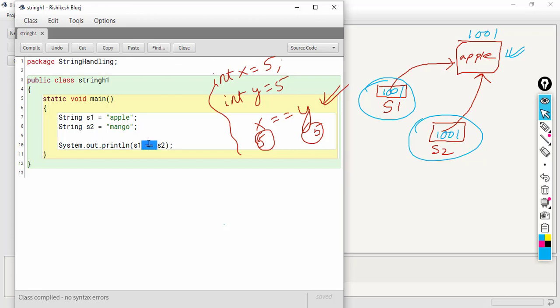So to really check the value of S1 and S2, I must use the equals function. So S1 dot equals, and equals takes one string parameter, so I am providing S2. So let's check the output of this. It will return me true or false.